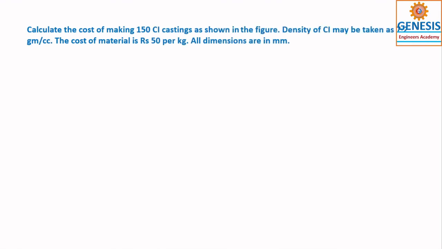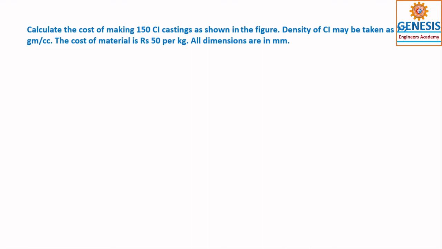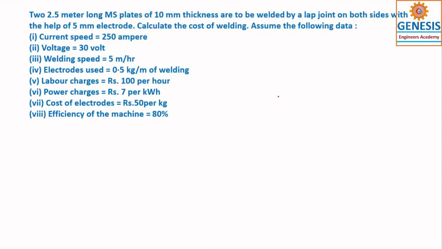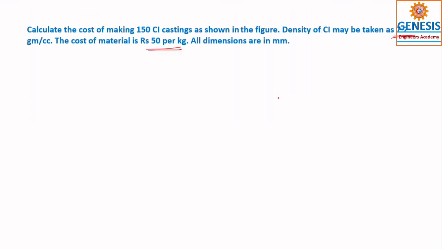So calculate this. This also you can do. Write down this one and apply the same thing. What do I have to use? I have changed, this is 7.2 and the cost is this. Same thing. I think it is in the drawing.